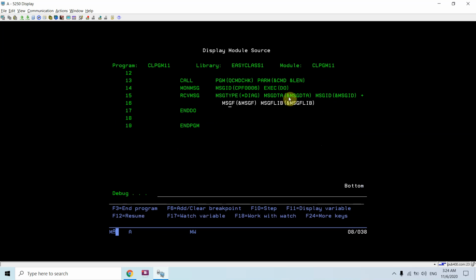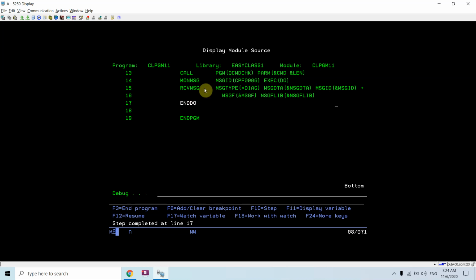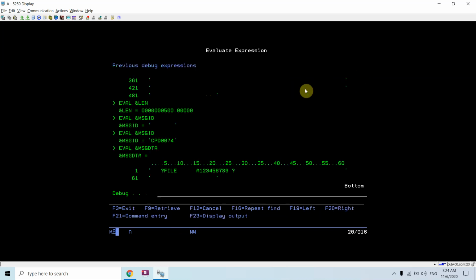Let's see. The message ID is CPD. So let's execute this command. F11. Now CPD0074, the message data is file and this one. This is basically the issue.